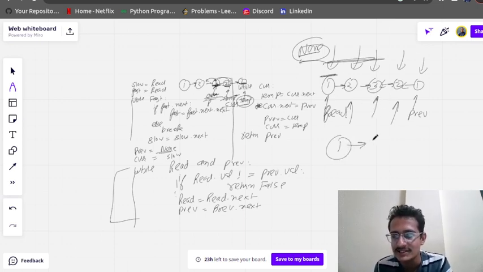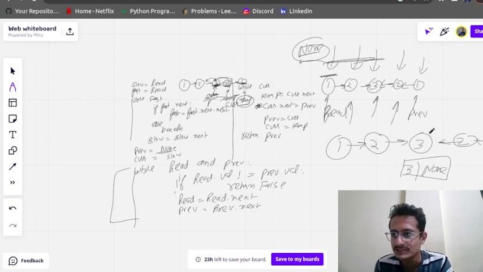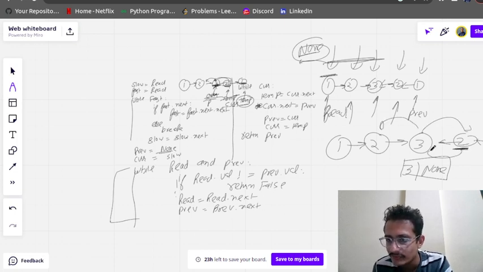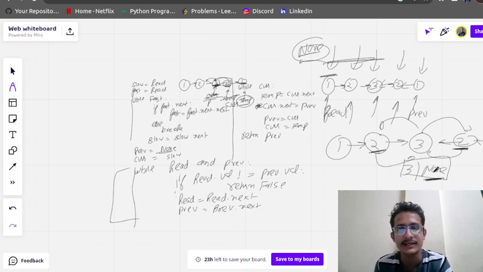So we have connections like this: 1, 2, 3, then we have 2 and then we have 1. In 3 we have nothing because 3 is not connected to any place. In 2 we have this and in 2 we have this, but 3 is connected to nothing, so it is none. So the loop will end here.